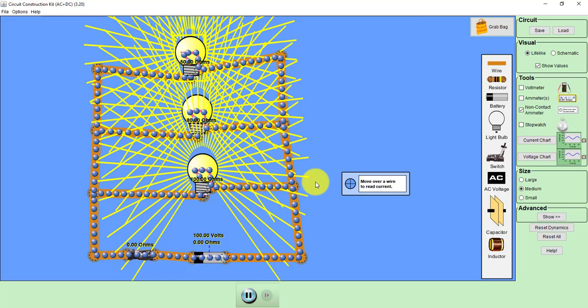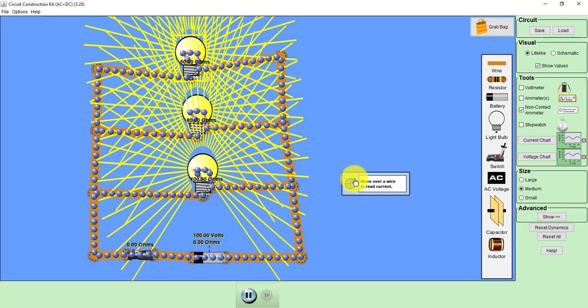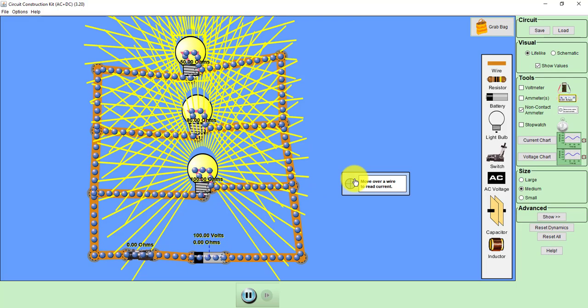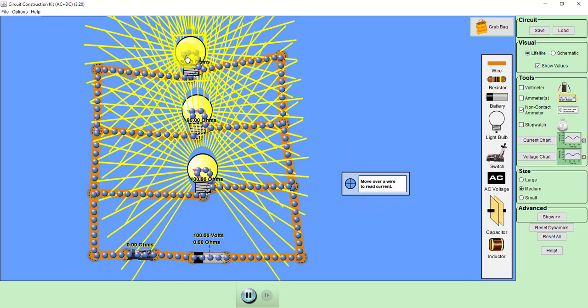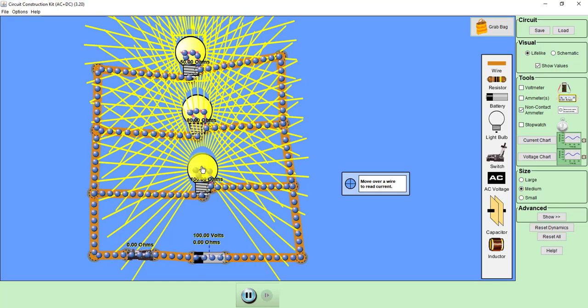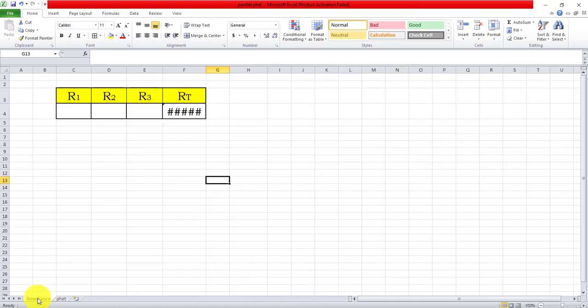Now the next characteristic number 3, which says that the reciprocal of total resistance, that is equivalent resistance, is equal to the sum of reciprocal of individual resistance. Now how much is the individual resistance of the first bulb? 50, second 80 and third 100. Now let me enter this here. So R1 is 50, R2 is 80, R3 is 100. Now I have substituted the formula here. So 1 upon RT is 1 upon R1 plus 1 upon R2 plus 1 upon R3. So RT will be the reciprocal of that.